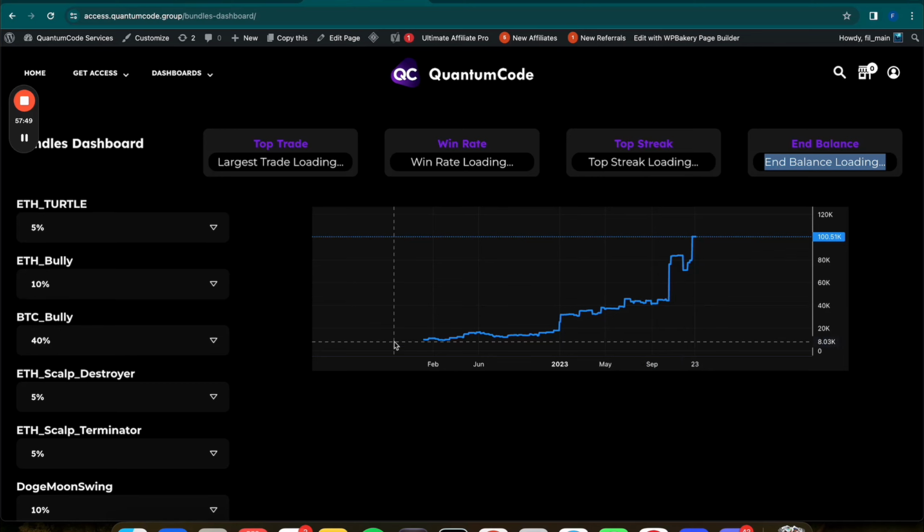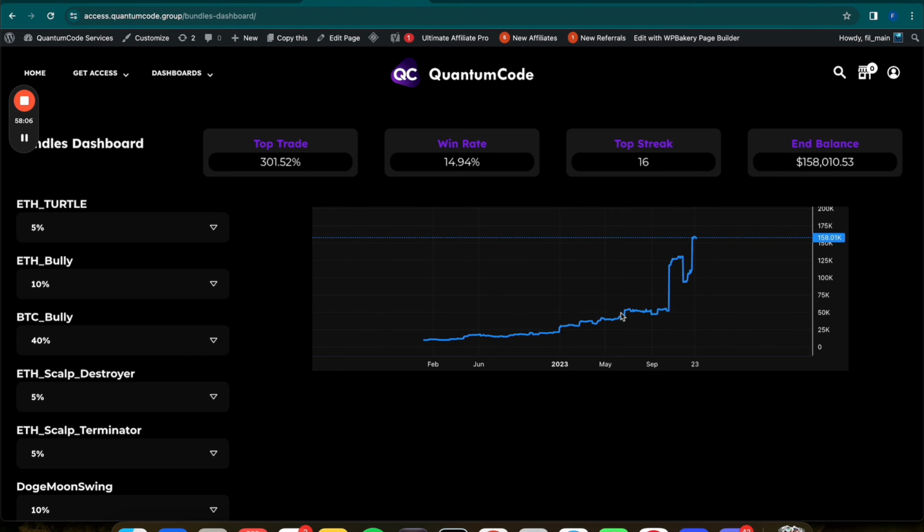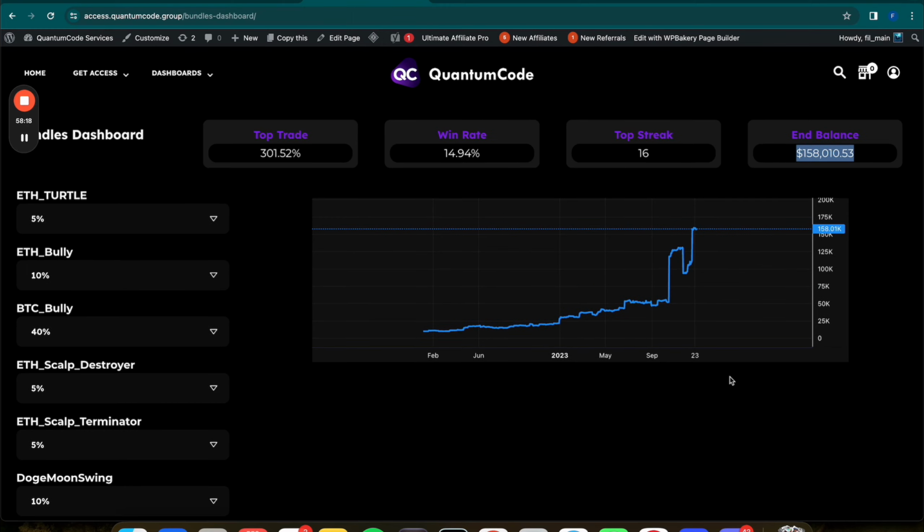It's the point of the entire bundle. But putting a leverage across the entire board of the strategies is something that's very, very aggressive. A much better approach is to actually take that and look at the leverage and the strategies separately. Okay, so right now we're at 160 grand. So we 3x'd the performance. So right now we're at 16x of the overall account, which is good.